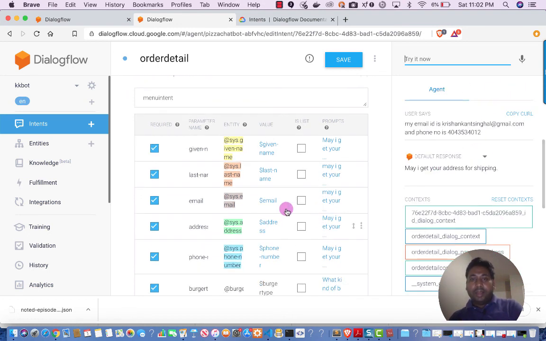And the order will be placed in your system. If you see here in the action parameter section, we have so many fields, and there is a burger type and quantity. The burger type and quantity is something which we got in the previous intent. So those are getting passed to us, and we are getting that information using this context. Basically, we are providing the context of the conversation to this intent.